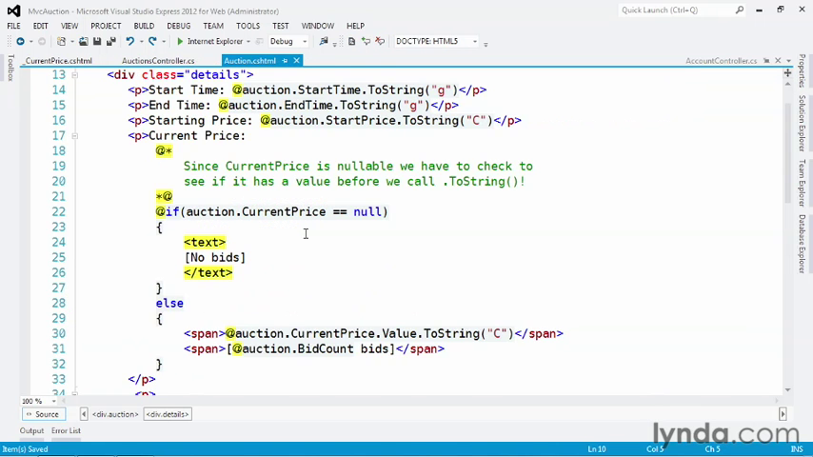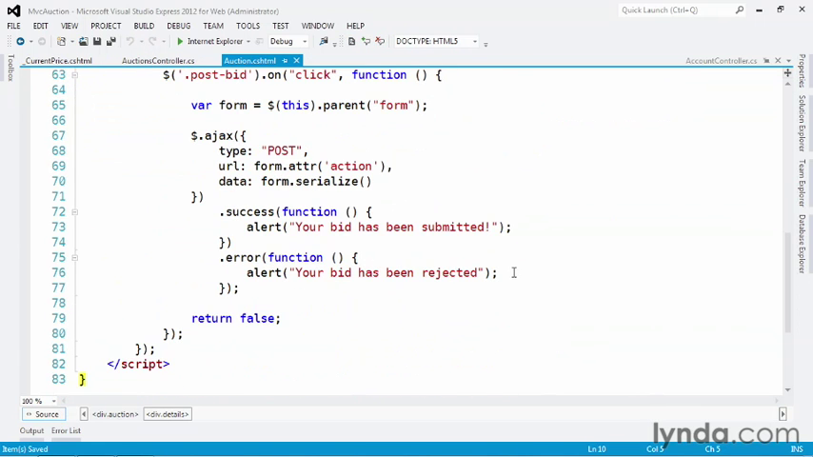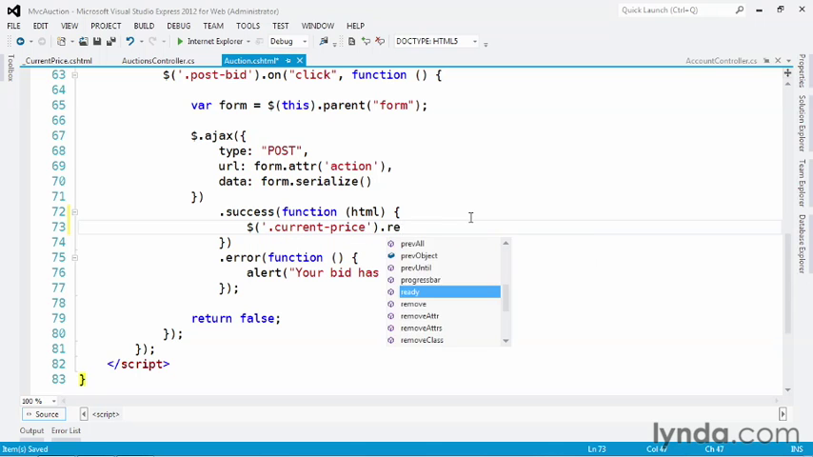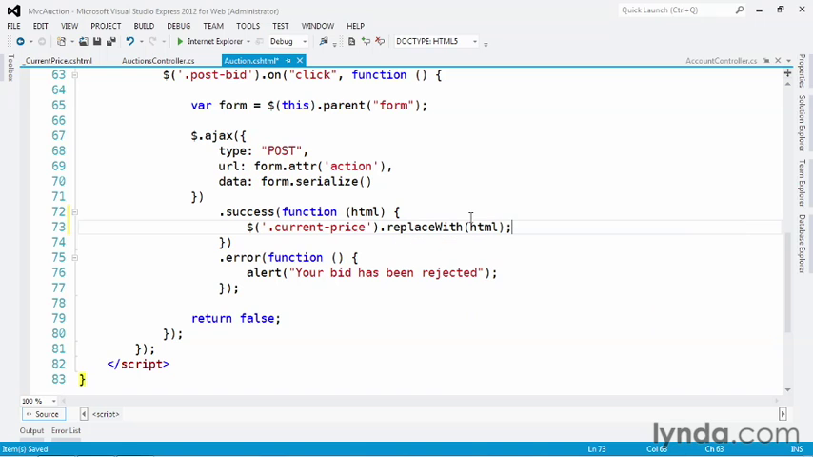First, find the success method that gets executed when our AJAX request succeeds. Then, remove the JavaScript alert that we put in there previously. Since the HTML that the server returns is meant to override or replace a current section of HTML markup in our view, we'll use jQuery to find that section that we want to replace. Then, we can use the jQuery replaceWith method to replace that section with the HTML that we received from the